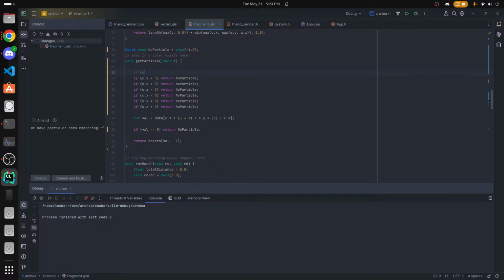Okay. Range, array, index, range check. Get the value in the array. Something I should probably do as well. Then